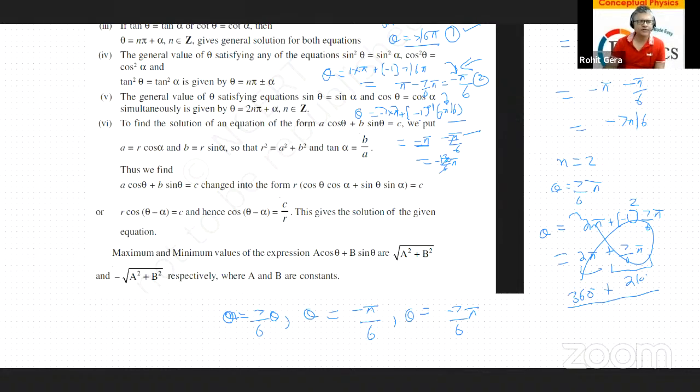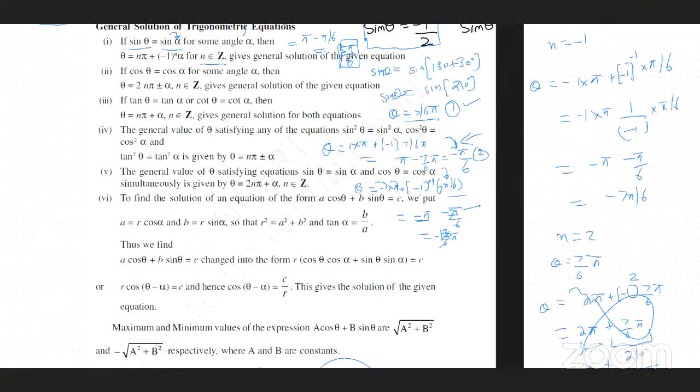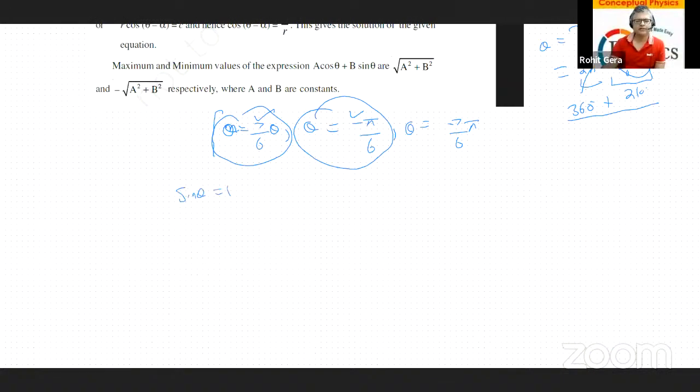So you have only two values where sin theta follows your set. Inside this set there are two values, this one and this one, so they belong to your set. The other value which you got was how much? sin theta is equal to 1. Yes, sir. Now sin theta equal to 1, but theta should not be,